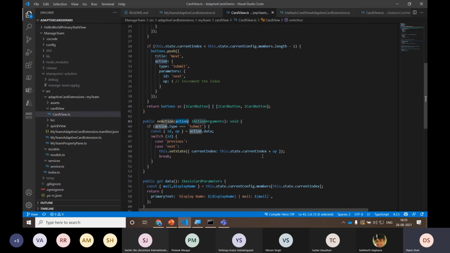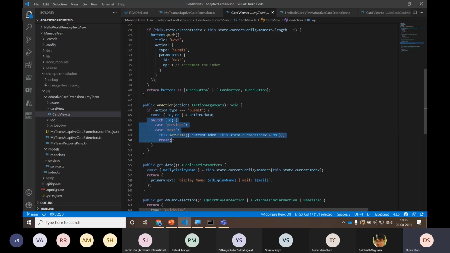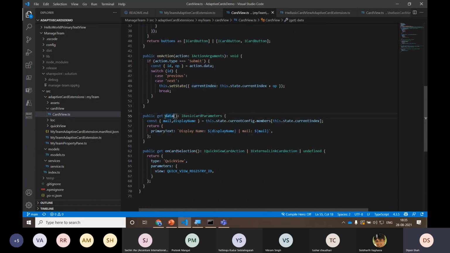Then I'm getting the action.data, which gives me the ID and the operator, and in the switch case I check what I should do: if it's next, then I need to increment the index, my state.currentIndex by one. And the data property is responsible for which string I need to display on a card view. So I want to display the current user name and the email address.